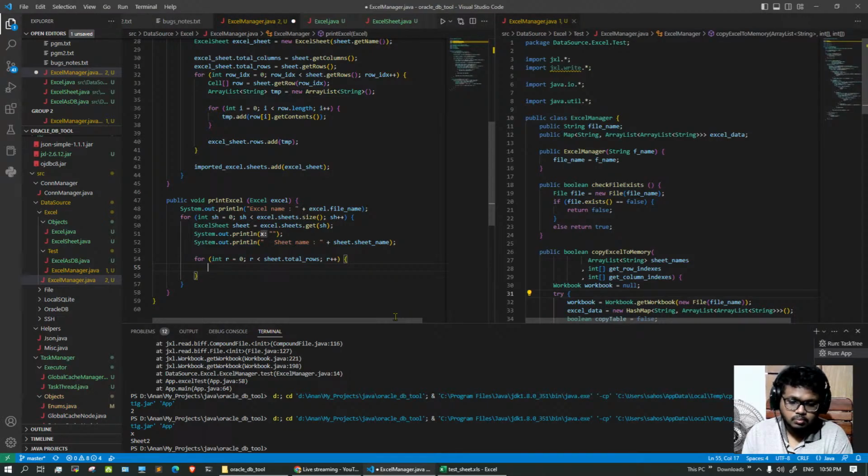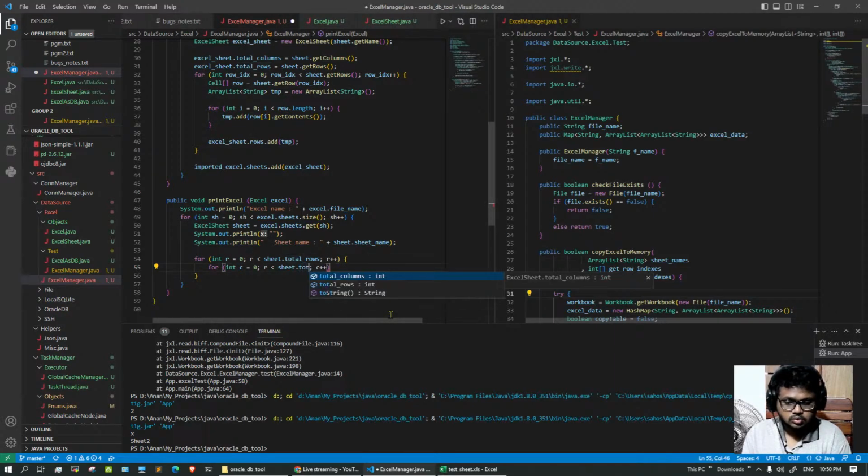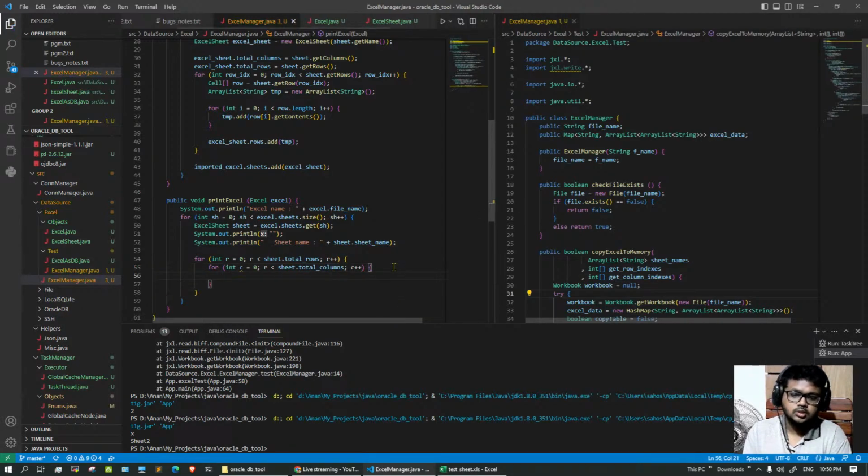Also, let's move to c for columns. Okay, total columns, c plus plus, c plus plus in Java. So sysout, and let's put some gaps, and then